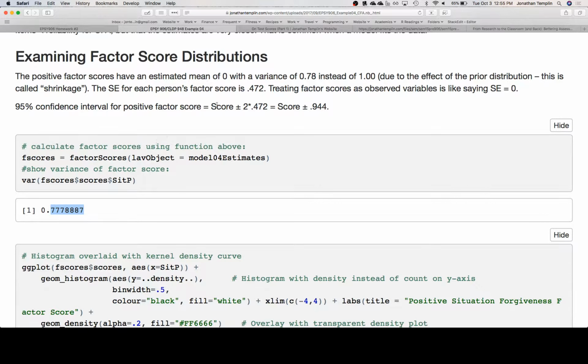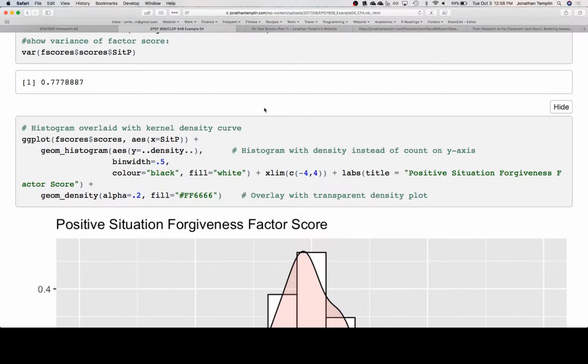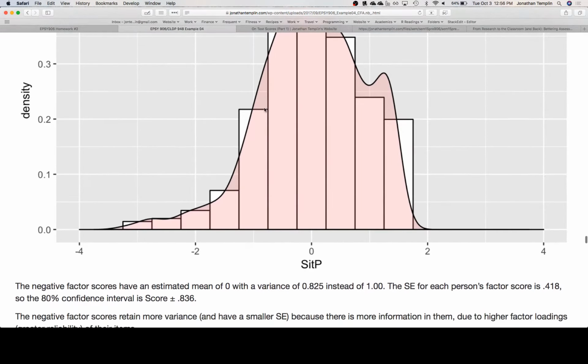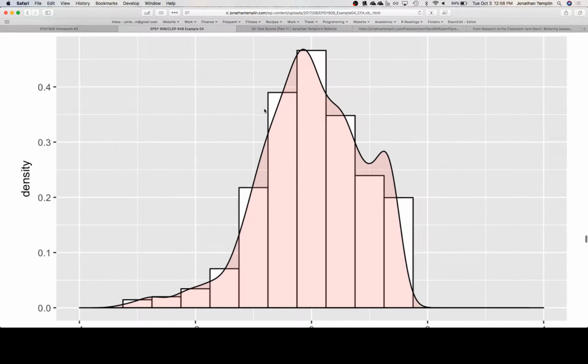But that being said, you can still take the standard error for each factor score that comes out of the same f-scores function and produce a confidence interval for where that score should be, right? Because in CFA, it's all normal. Plus or minus 1.96, which I'm conveniently rounding to 2, gives you the score plus or minus 2 times standard error, which gives you a confidence interval for each score. But let's take a look at the interval of scores themselves. This is the interval for the,